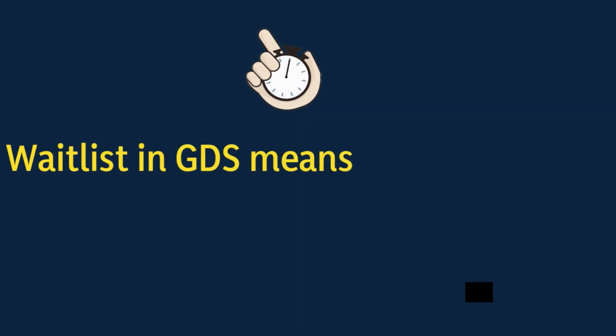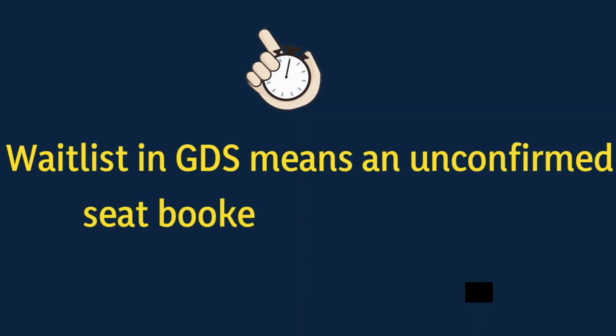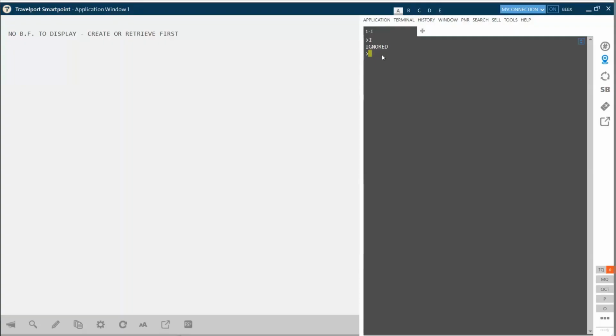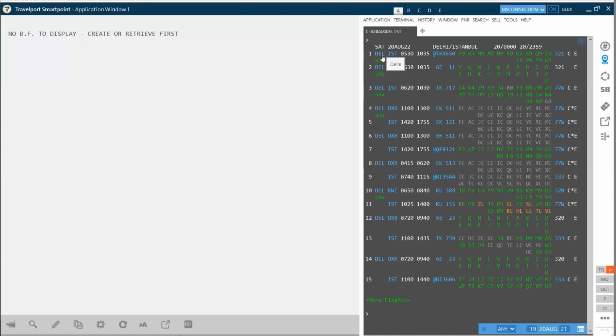Waitlist seat in GDS means an unconfirmed seat booked by the travel agent. So let's see how to waitlist a seat in Galileo. I'm making a search for 20th of August from Delhi to Istanbul. And once I have the availability in front of me, we'll understand in which all classes we can waitlist a